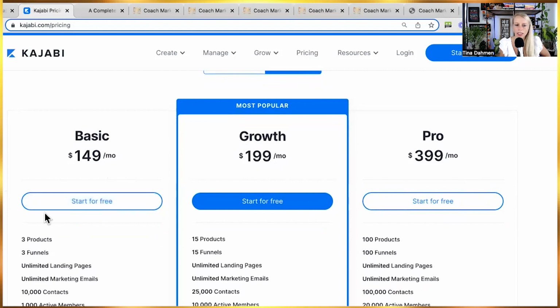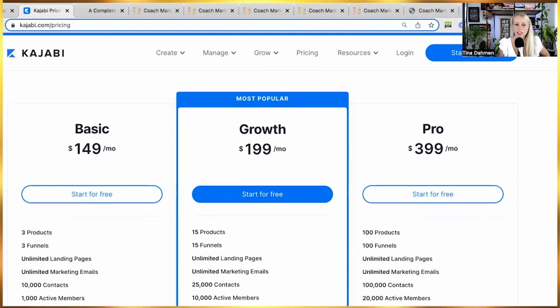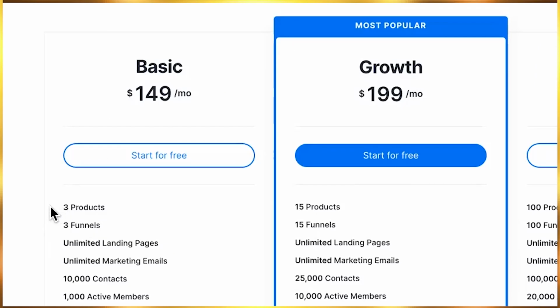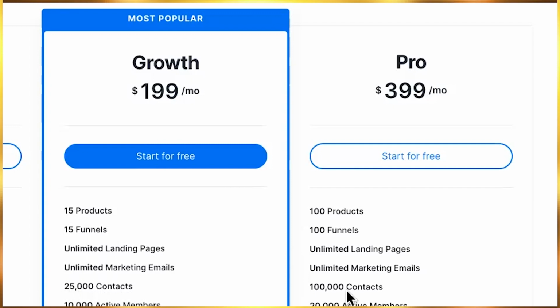$399 per month. Okay, so what is the difference here, which stands out immediately to me, and this is with all of the different platforms out there, may this be Kajabi, Thinkific, Teachable, Podia, you name it, they all have restrictions on their plans. So here you can see with Kajabi, for example, you can only host 3 products, and in their language, products means courses, right? So if you host 3 courses, then you need to upgrade to the growth plan. If you have 3 funnels built, then you need to upgrade to the growth plan. Okay, if you have 10,000 contacts stored, then you need to upgrade to the growth plan. If you have 25,000 contacts stored, then you have to upgrade to the pro plan, which allows you to store